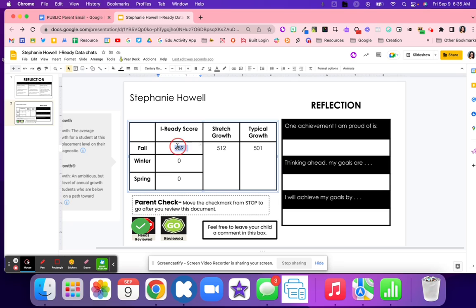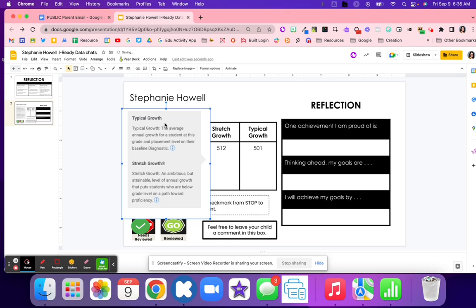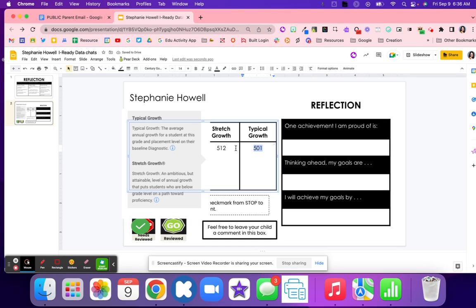What this is saying is here is the iReady score. And over here, it's showing the typical growth, which is right here, and then the stretch growth. So the typical growth is the average growth that a student at this grade level typically places during a baseline diagnostic. The stretch growth is kind of that attainable goal, and it's also stretching your child to reach that goal,